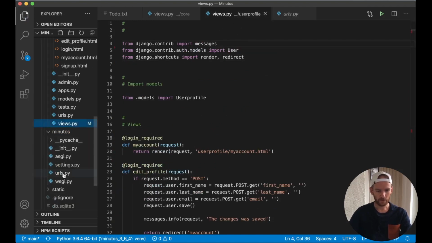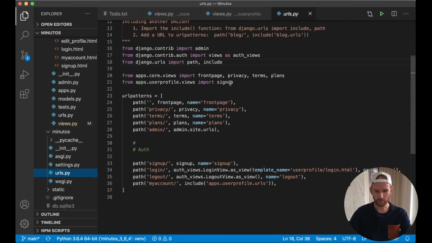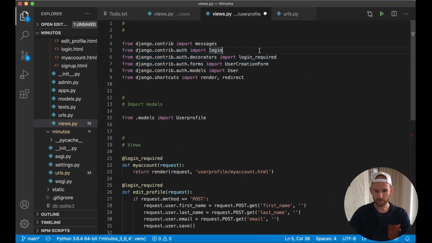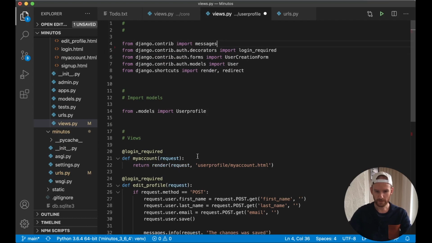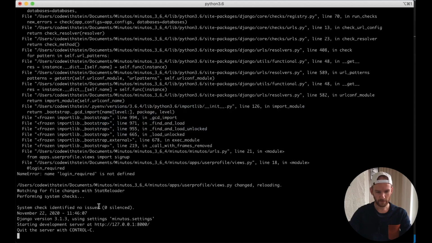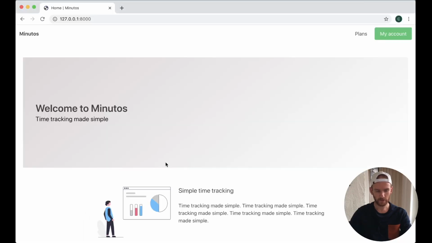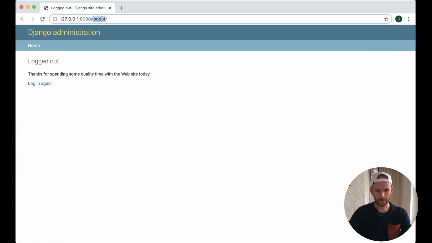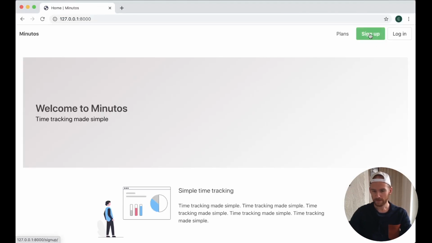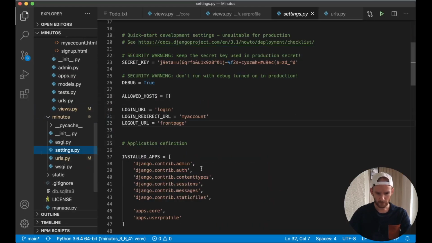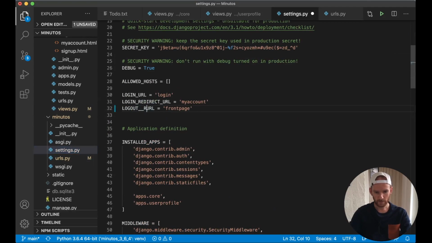And then I can go into urls.py, and instead of importing it from there, I can just append it there and save. Okay, sorry, I need to let the login required stay here on the user profile app. Save. Okay, there's no errors now, so I can refresh the browser. Just want to log out and see that the sign up is working. Perfect. Also notice there was something wrong with the logout redirect